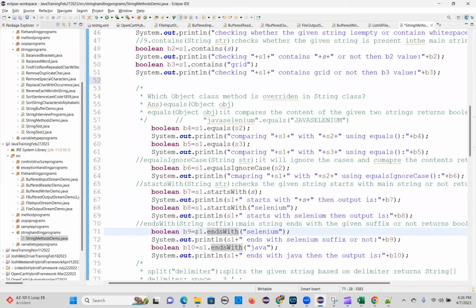If you observe here, what is the S1 value? Java. S1 is Java, concatenated with Selenium, so it is Java Selenium, right? Java Selenium is ending with Selenium or not? Yes, so that's why you will get true. That's the main concept of how you find out whether it is true or